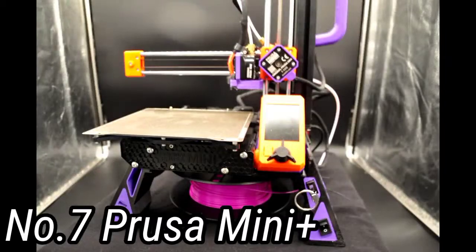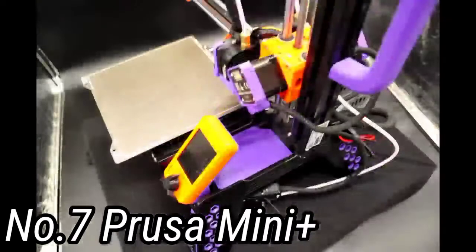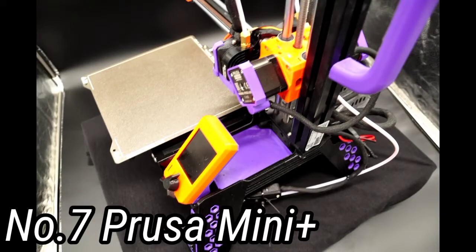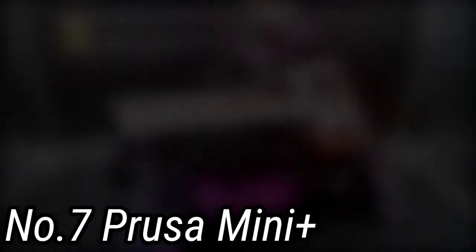The Mini comes with Prusa Slicer for preparing any STL files for printing. And if you do have any problems, Prusa's support team are on hand 24/7 to help, via live chat or